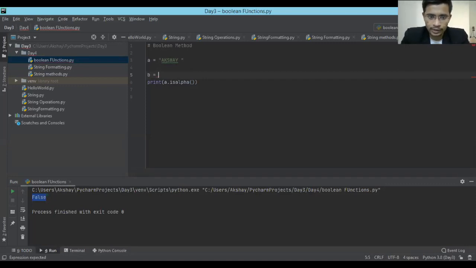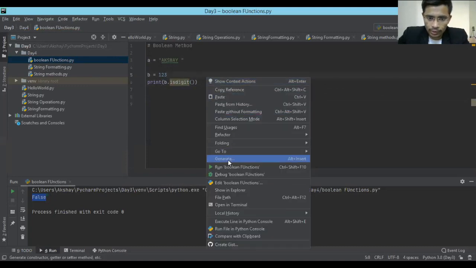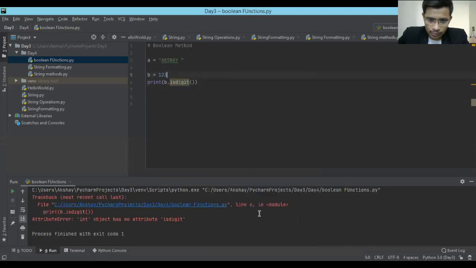Now I have a variable with a number. Let me use the same thing. Suppose b is a number. So what was that? isdigit. Okay, let's go and check what it is saying. 'int' object has no attribute.